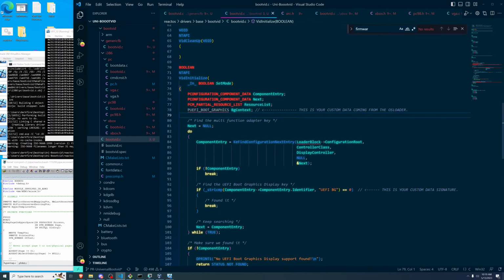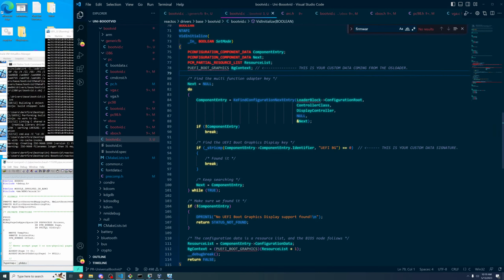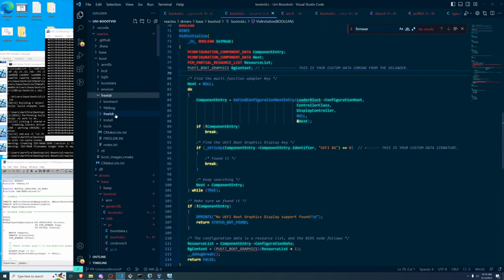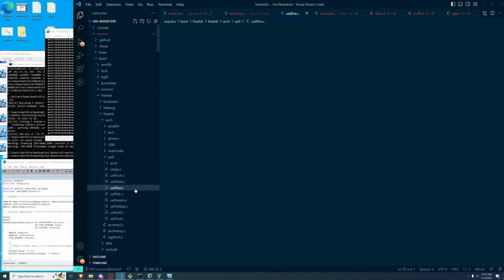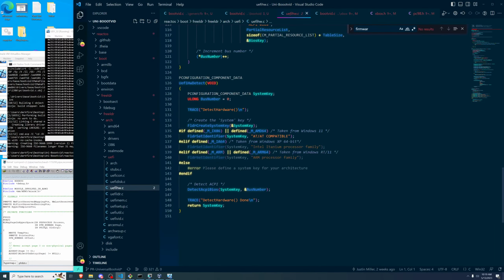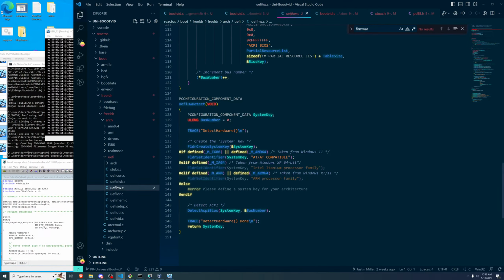So what I'm thinking is if I set the display inside hardware, if I set like the display adapter inside here,